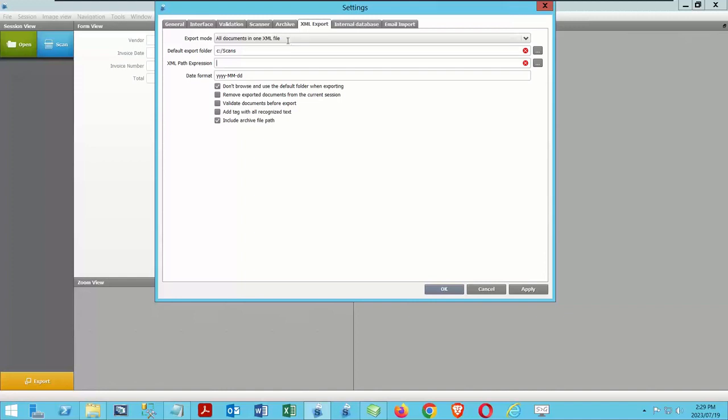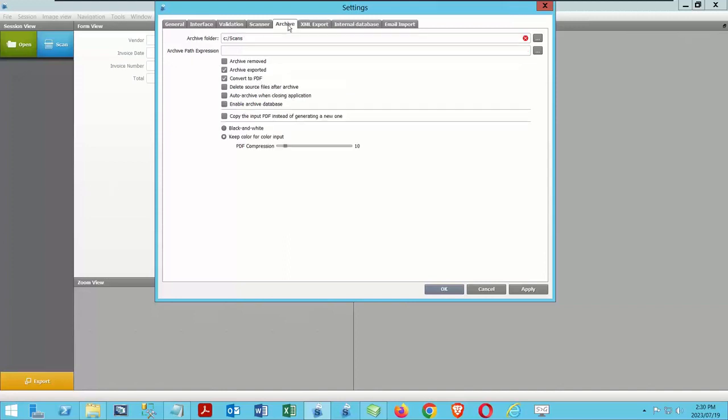So if I have 10 documents that I'm exporting, I'm going to have one XML file that relates back to each one of those. You can set this to one XML per document, but it's not necessary. The batch is actually the better way to do this because it's going to process a lot more cleanly when it comes into FileHold. We want to remember what the default location is for the archive, which in my case